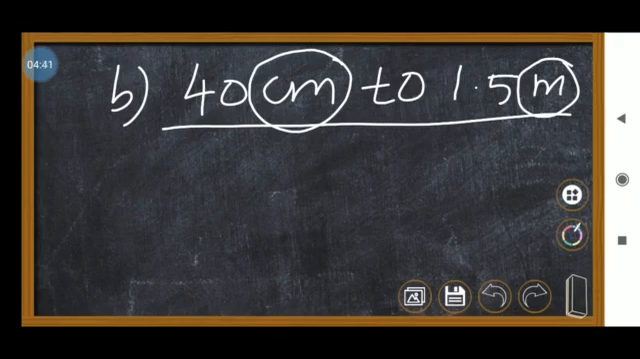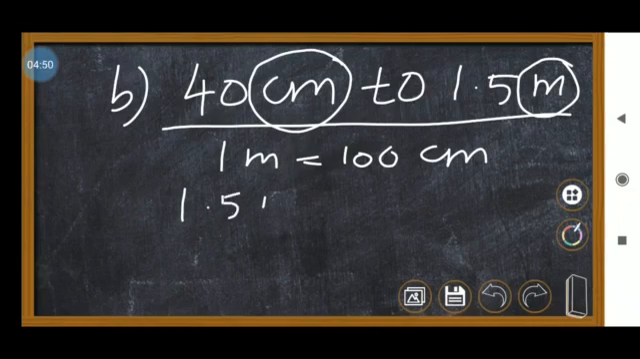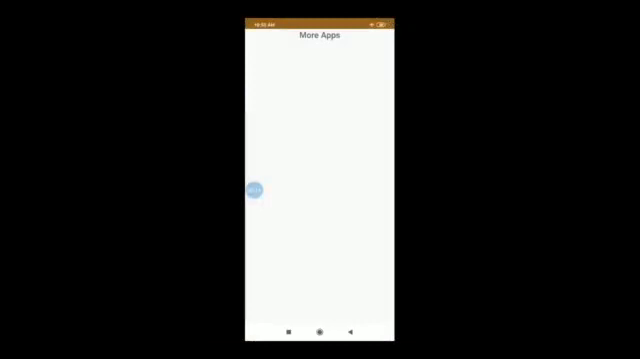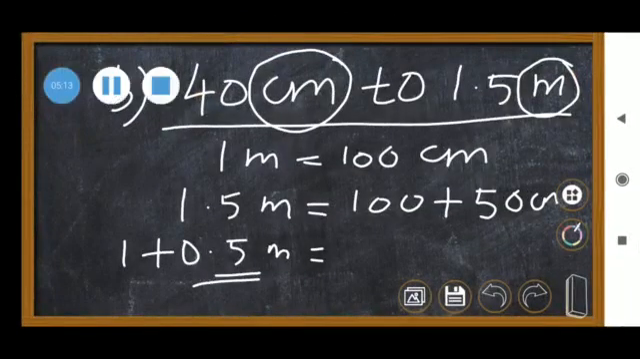1 meter is equal to 100 centimeter. So 1.5 meter we can write as 1 plus 0.5 meter. 1 meter is 100 centimeter, and 0.5 meter means half a meter, which is 50 centimeter. So 100 plus 50 centimeter, which means that